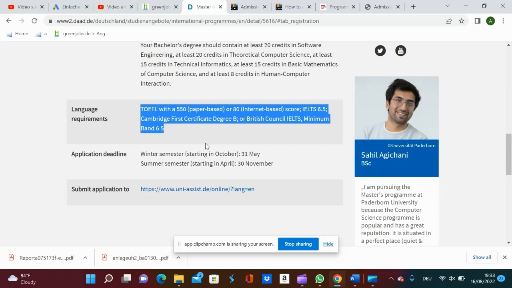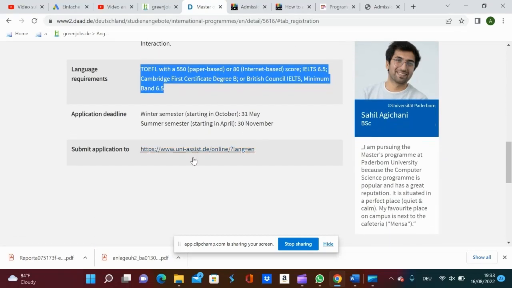But if you would like to know if they accept the English language proficiency or not, you have to send the school an email. Send them an email and ask them if they take into consideration the English language proficiency. Then there is no need at all for you to go and write this international examination in English.